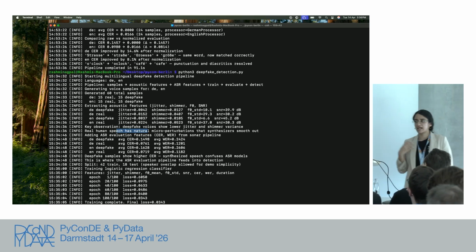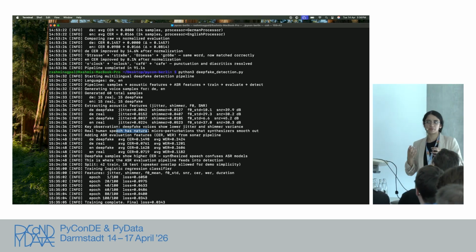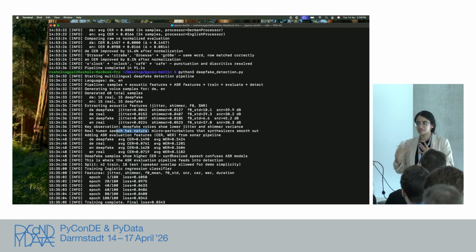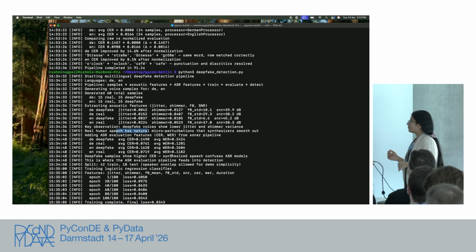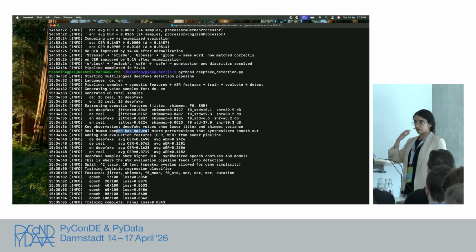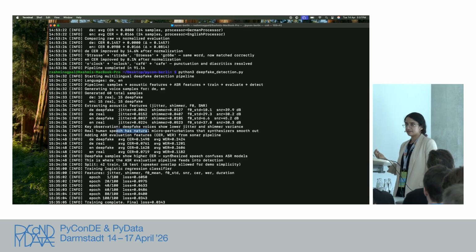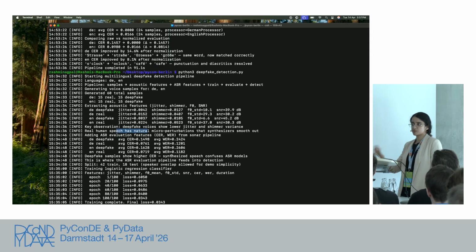As a human, I'm going to mispronounce some words. Mistakes are bound to happen with us, right? But audio deepfakes are very smooth, in the sense that they don't make mistakes very often. So if they have a lower word error rate or character error rate, it means the audio is super smooth. It's more deepfake. So those are different eval metrics.